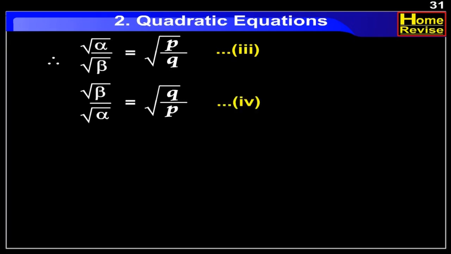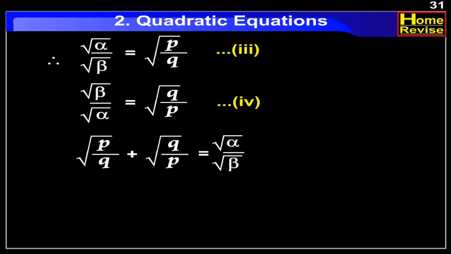Let this be equation number 4. Now, from equation 3 and 4, we have root p upon q plus root q upon p is equal to root alpha upon root beta plus root beta upon root alpha,